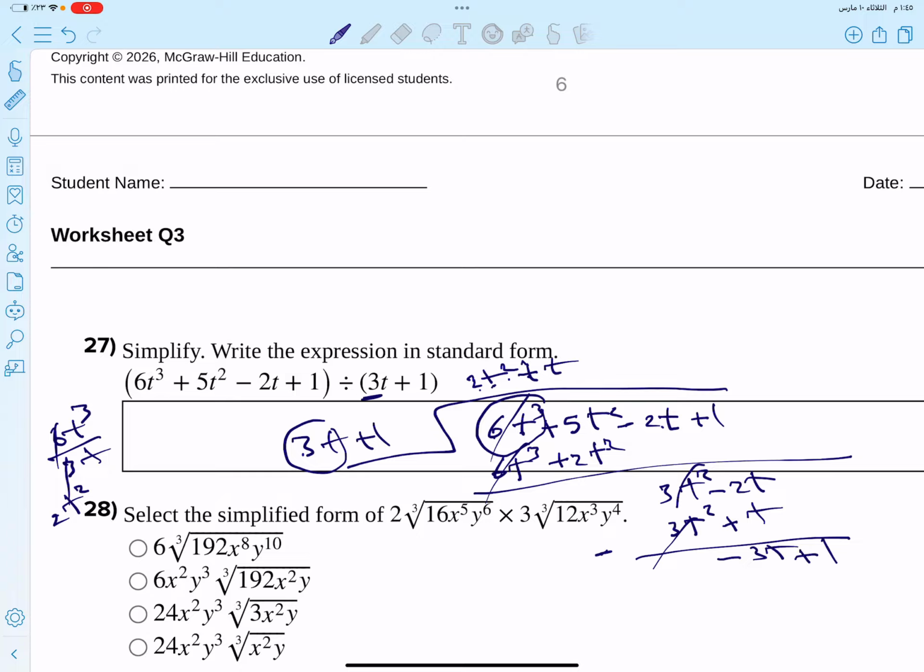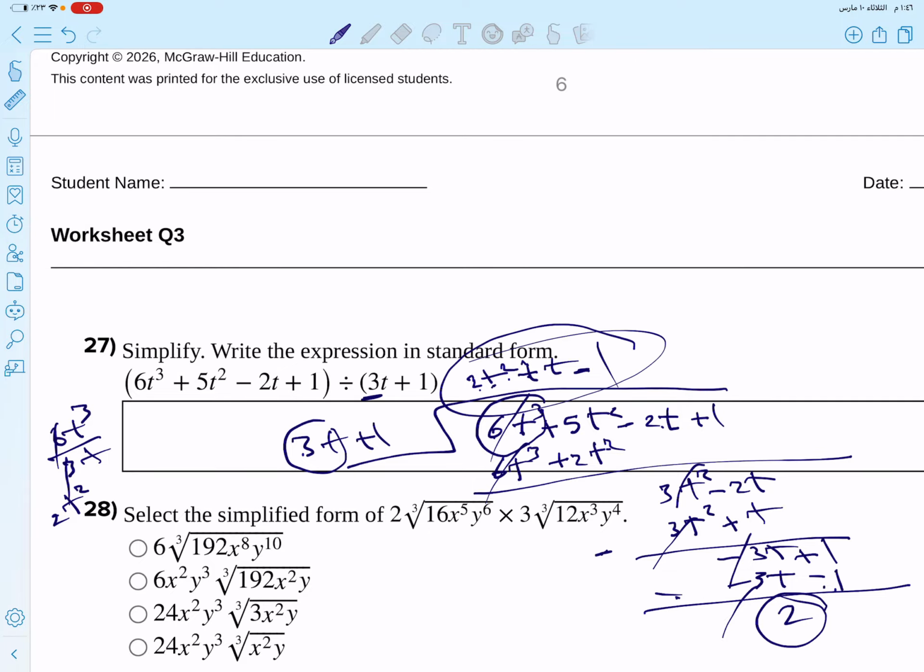Bring down plus 1, times by negative 1, negative 3t and negative 1. Negative and negative, positive. So the remainder will be 2 here, because negative and negative, positive, 1 plus 1, and this cancelled. Okay, so this is the remainder 2, and this is the quotient. Okay,